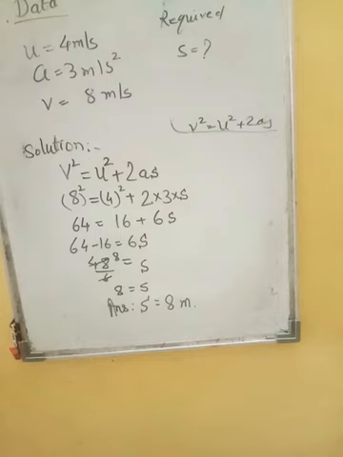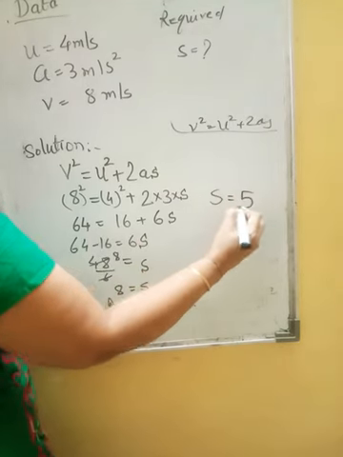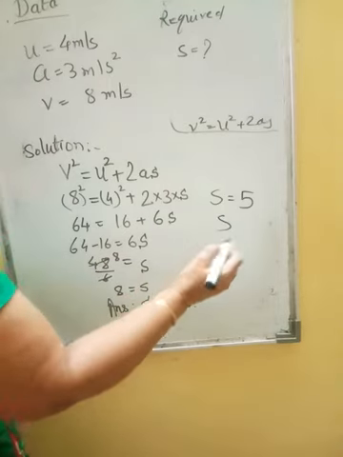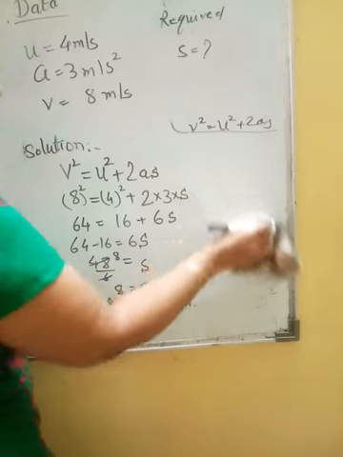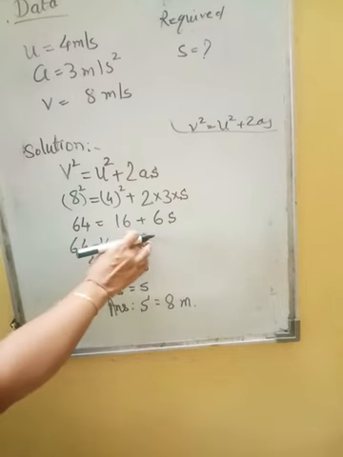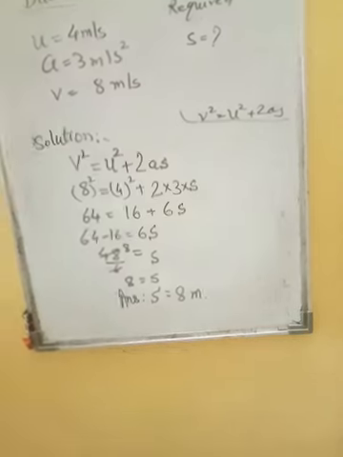Okay. Children, whenever you are writing s, there has to be a difference between s and phi. There has to be a difference. Okay, some people write phi like this and s also like this. So if this is the case, the teacher won't be able to understand, then no marks will be given to you. So please see to it that you make a difference between s and phi. Okay, completed. Then we'll move towards the last sum of question number 3.